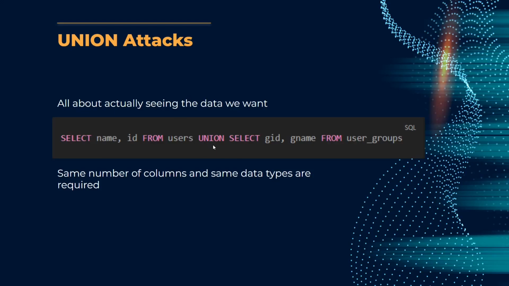It allows you to have multiple select statements in the same line. The use case for that depends obviously on what exactly you're trying to do, but it's just for getting data from different tables that might have to do with one another. And the requirements are as follows, right? You need to have the same number of columns in both of the select statements that you're concatenating together. So if the original query is select the name and ID from the users table, this other select query needs to be selecting the same number of columns from another table,